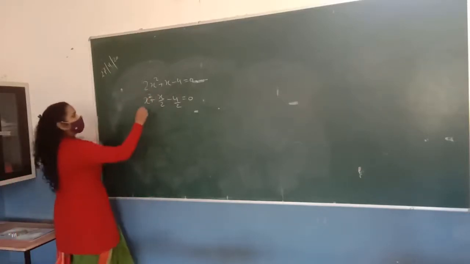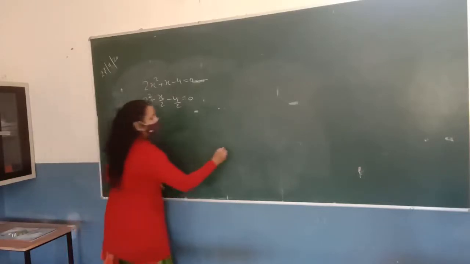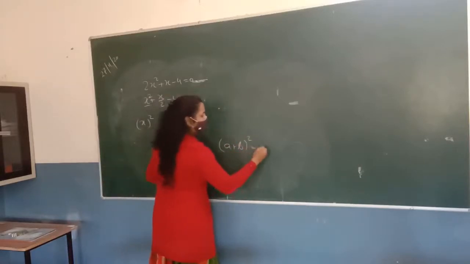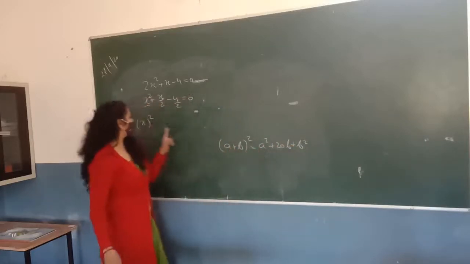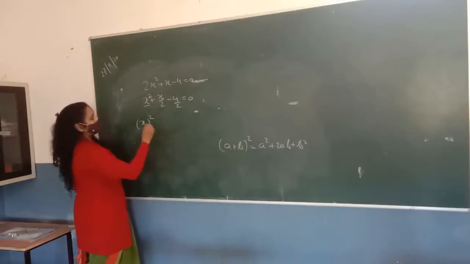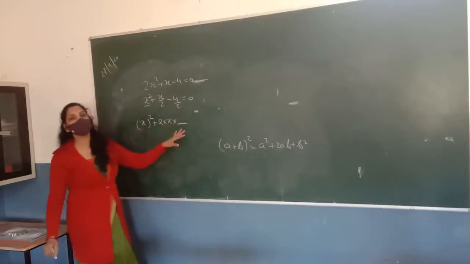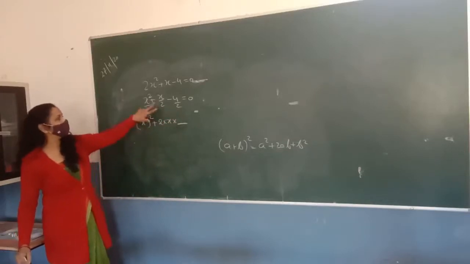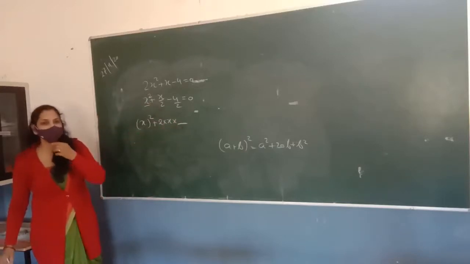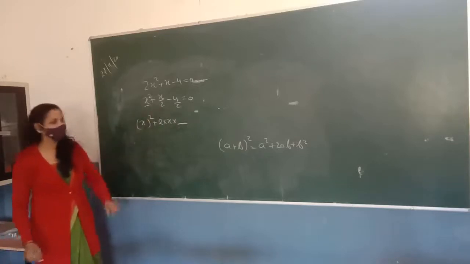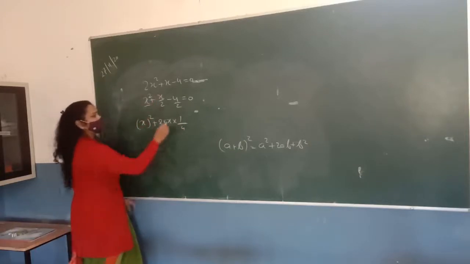Now the second one is, this is the square of x. Okay? And you have to find the value of b. Since we know that a plus b whole square is equal to a square plus 2ab plus b square. You know that? So you have a square like this. Okay? And 2ab is 2 into a into b. What should be b, so that by solving it, we will get x upon 2? What should be the value of b? x upon 4? Not x, 1 upon 4. Right? It will be 1 upon 4. By solving it, we can find x upon 2.